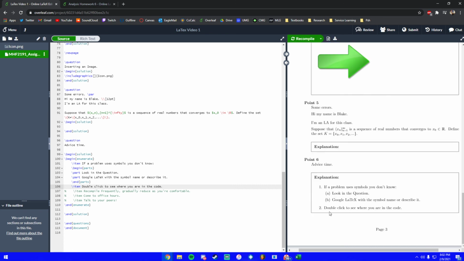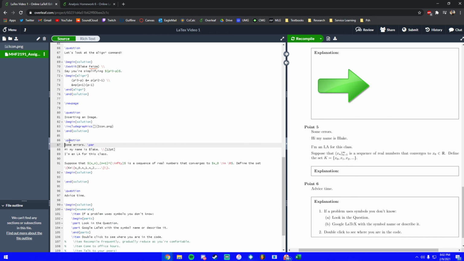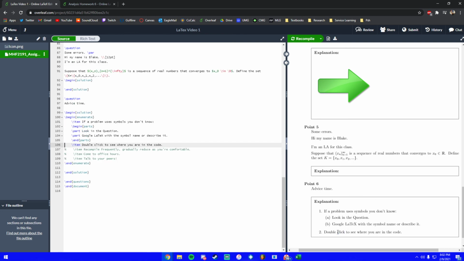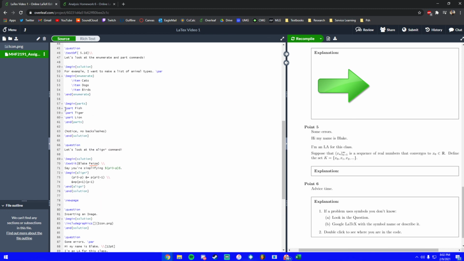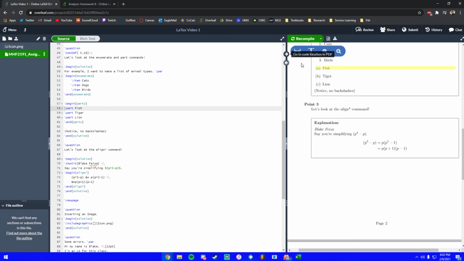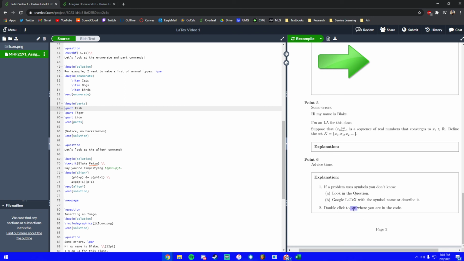I did also want to mention you can double click to see where you are in the code like I had done before. So if I wanted to jump up here to point 5, I could double click here. It'll take me up to right where I was in the code. Or to go back down to where I just was, double click over here and I'm right back to where I just was. Also similarly, if I'm in the code and I want to know where in the PDF it is, if I have my cursor here, you can hit this little arrow. It'll take you right to where it is in the PDF view as well. So going back to where we were,